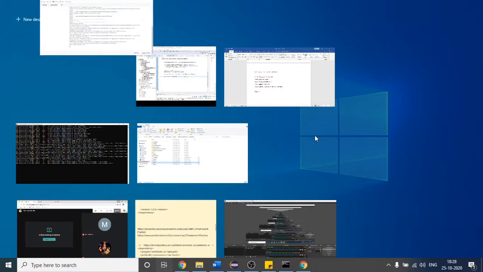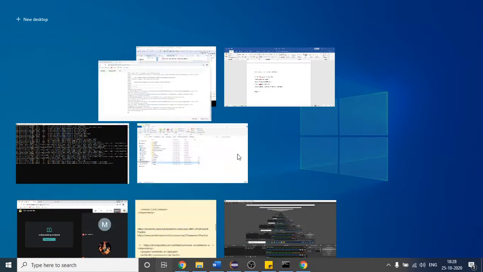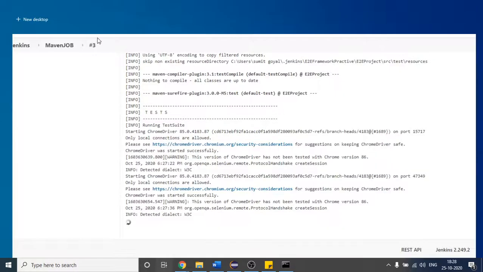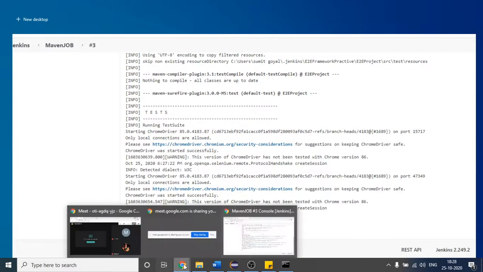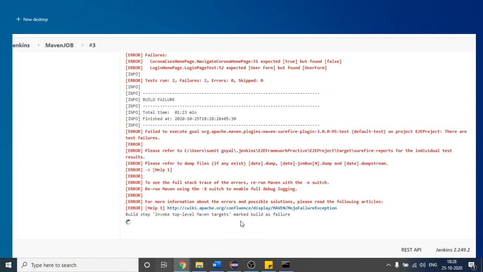Anyone have any idea how to fix this issue? So you can say that this time the test run had failure 2, right? Because I am failing both those test cases.